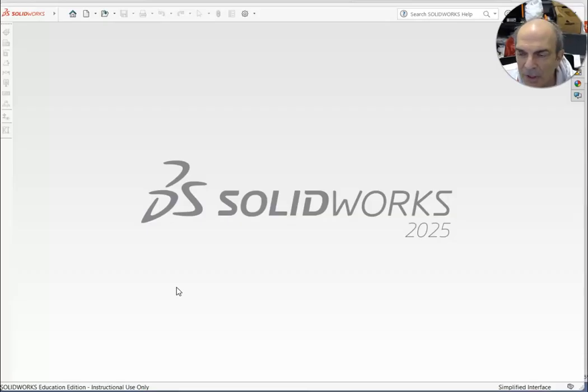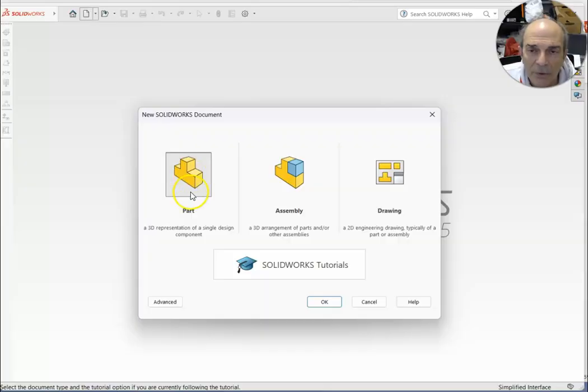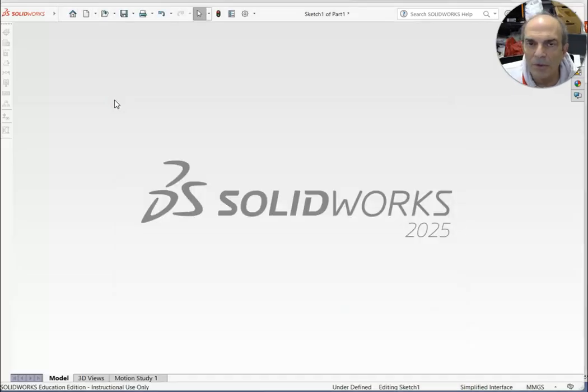to import in that picture, in my case a picture of a turkey, into my workspace and use the Autotrace capability. In order to bring that in to create the sketch, I need to have a new part. So I click Part, New, click OK. And then once SolidWorks gives me my new part,